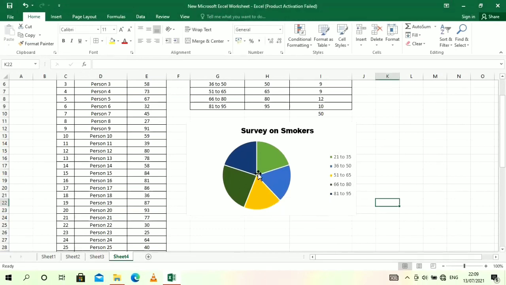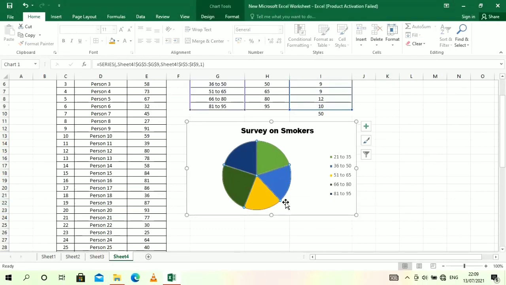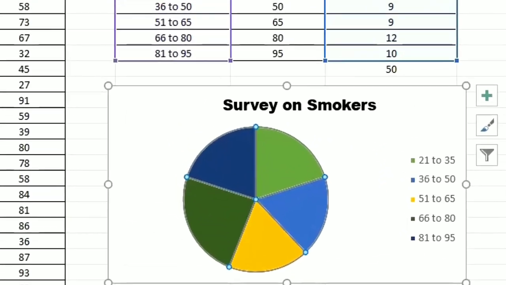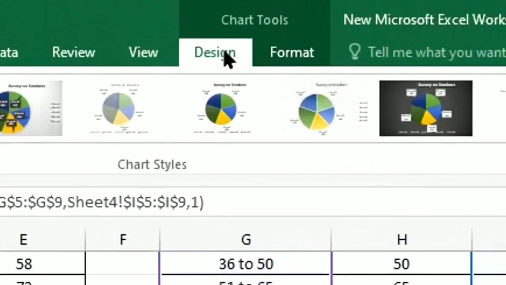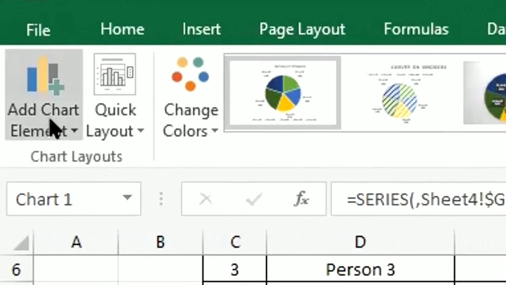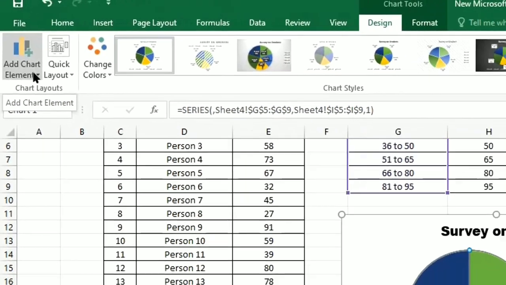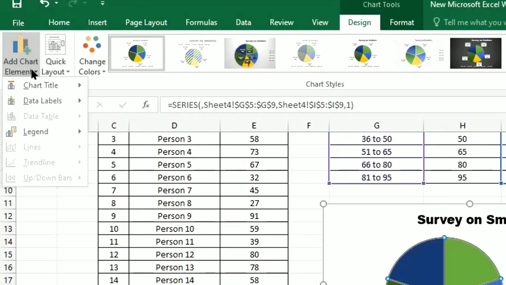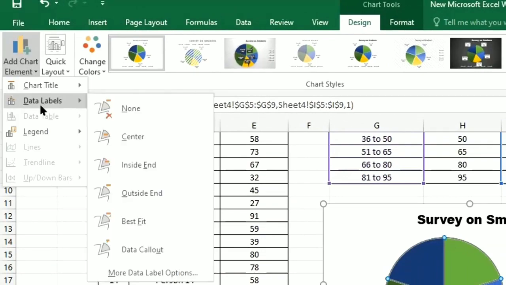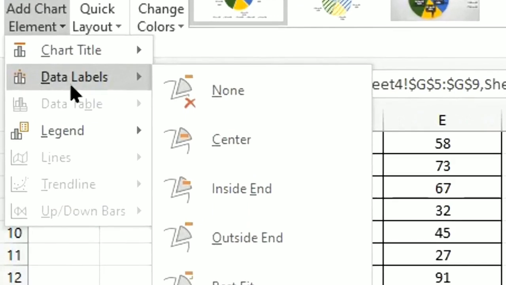Next, for this pie chart I am going to add the data labels. First select this pie chart, next go to the Design tab. In that Design tab you can see the Add Chart Element option again. Click on it. The second one is Data Labels.